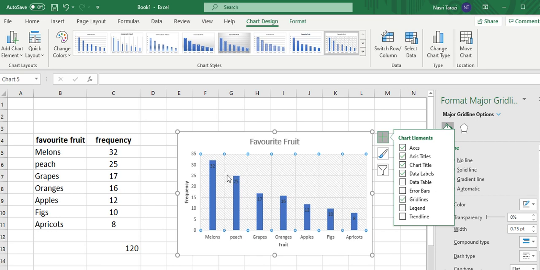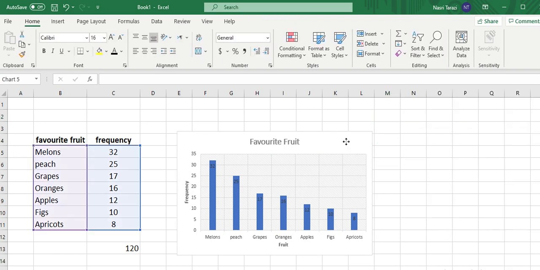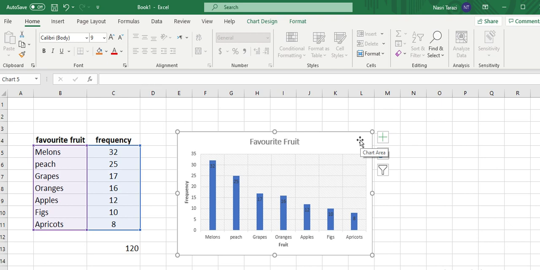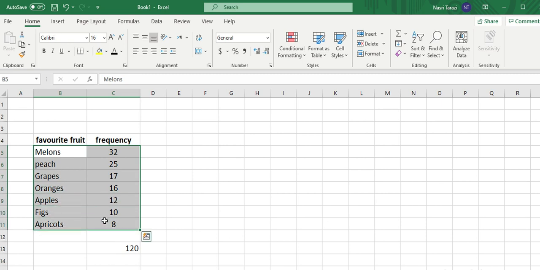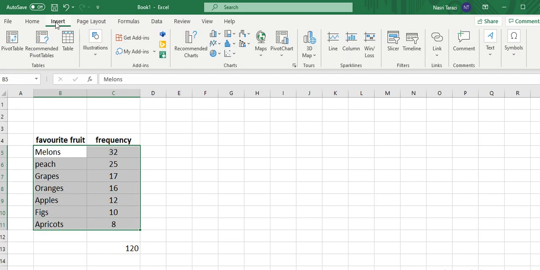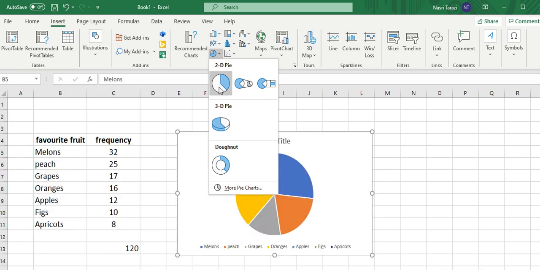Note that in this option we have the frequencies typed into the columns, so you don't have to worry about reading off the axis. So that's as far as bar chart is concerned, let's see how we can construct a pie chart. It's the same idea. You select the table, you go to insert, and here you have your pie charts. Let's choose a simple pie chart,